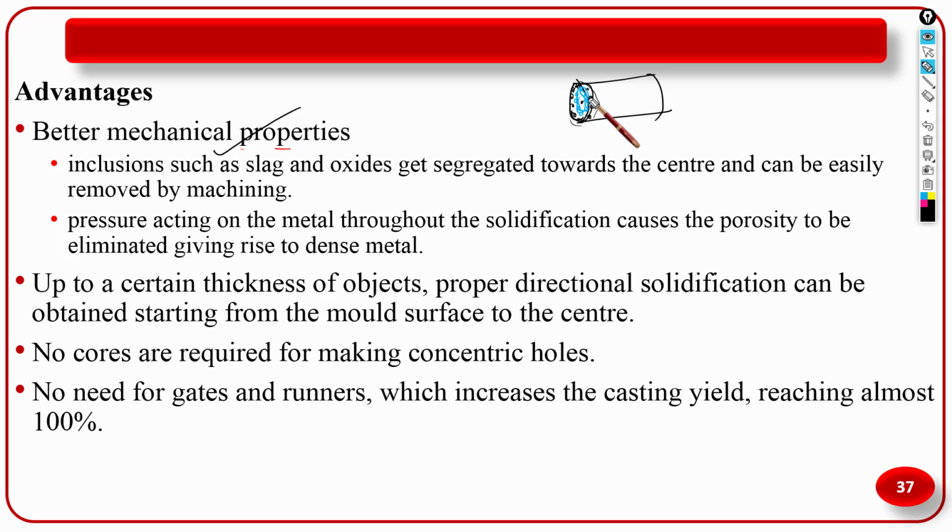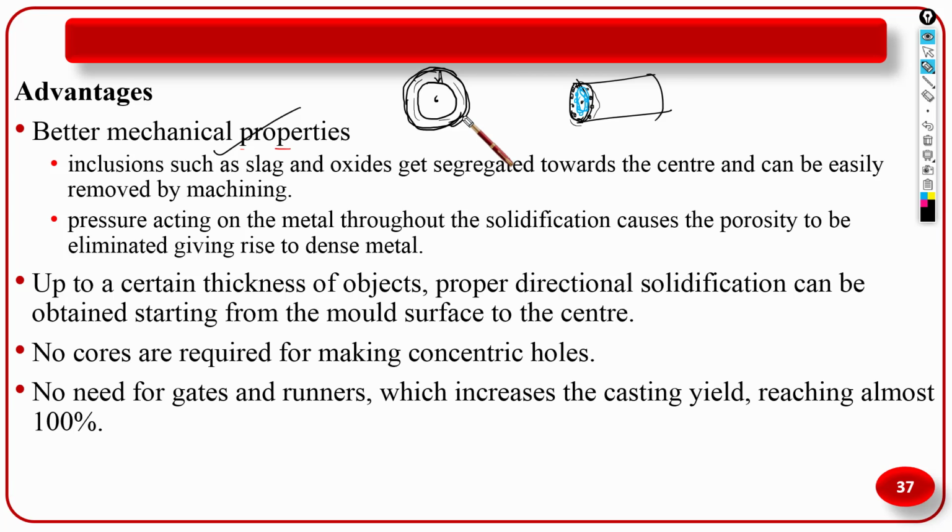Then the solidification will gradually go towards the center. Are you getting it? So let's suppose this is the casting, having a thickness like this. First this peripheral surface will solidify, then it will come down, and like that it will proceed towards the center. So this is known as directional solidification, and it is very important